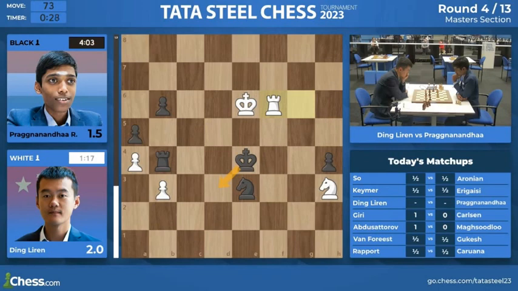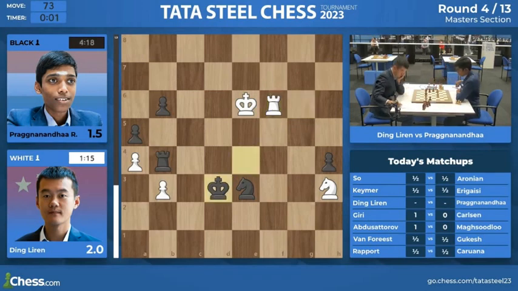And Ding Liren has been in form in this event. He won the first game against Gukesh, then went on to draw against Parham and Magnus. He was the one who was pushing against Parham as well. So Pragg is playing an opponent who actually has been in shape in the event. And that also speaks volumes about Pragg's play today. To beat Ding in this stage with the form that Ding has been displaying is absolutely impressive. There's, of course, still work to be done, and the game isn't over, but so far, just brilliant play by